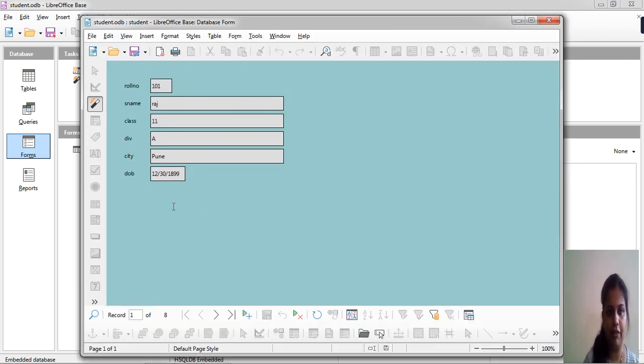See, you all can see the form. Roll number 101 was Raj, and date of birth, division, class, Pune. This was the first record. Second record, you all can see all the records in this way. Okay, from the first record I will show you all. We have done entry of the first record, which was Raj. Then after the first, next record 2, 3, 4, 5, 6, 7, 8, 9. Only 8 records are there, so 8 records. Have you all understood how to create the form in database?